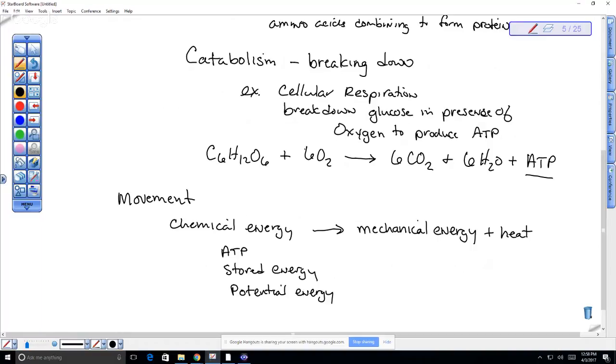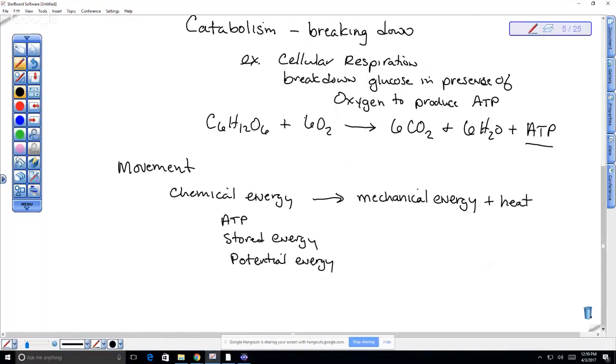So this is the whole reason why you exercise. If you go running around, right, you're going to get hot, right? And that is just because you're releasing heat as a byproduct of converting from one form of energy into another. And movement obviously is really important for animals because we have to go out and find our food, for example. Okay. And then we have